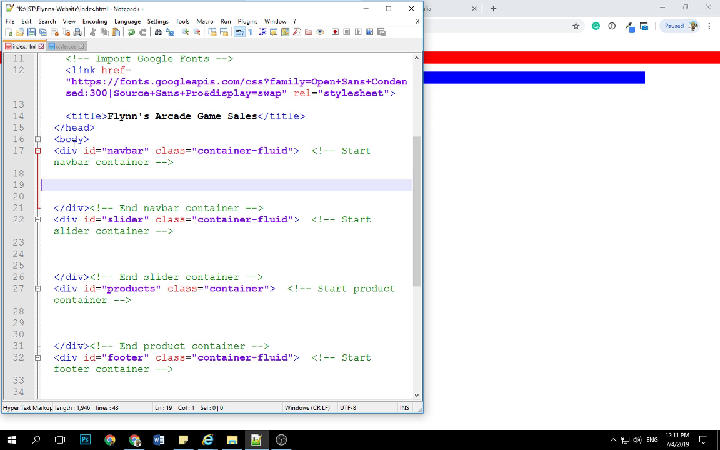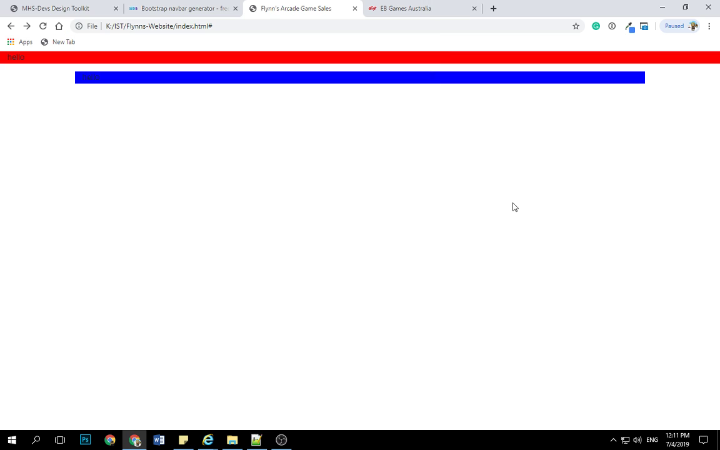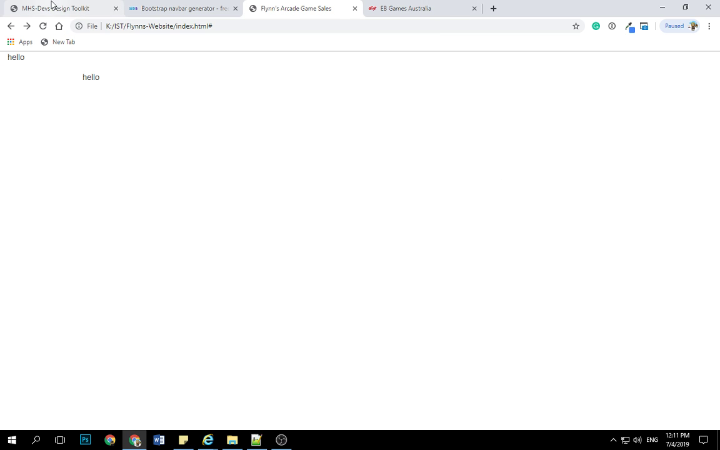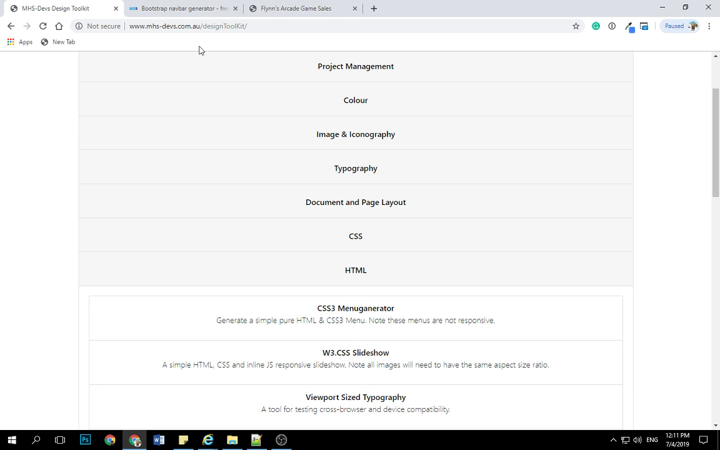So I'm just going to save that. I'm going to get rid of this CSS so I don't get confused like Atticus already did. So we're back to blank. And the first thing we're going to do is, I didn't save that HTML. The first thing we're going to do is we're going to get a nav bar. We're going to do a navigation bar, which is our menu and our logo. Okay. So in the design toolkit,